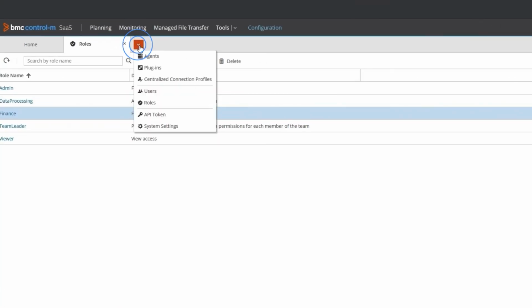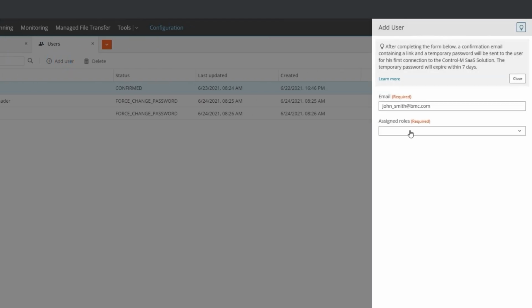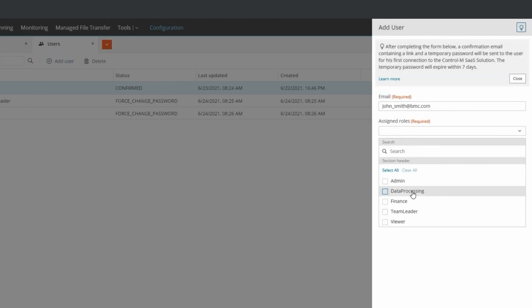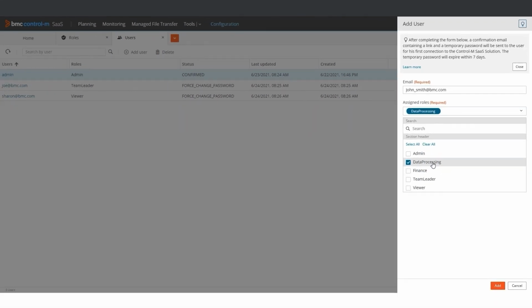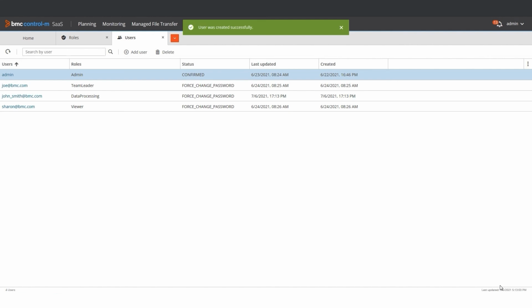Let's go to Users and add a new user from the data processing team. Enter the new user's email address and assign the data processing role that we just defined. A welcome email containing a link and a temporary password will be sent to the user from the data processing team for first-time connection. The new user will be authorized to view and perform actions that we have defined in